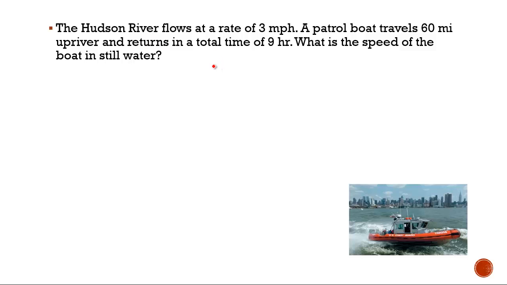All right, so we've got the Hudson River flows at a rate of 3 miles per hour. So this is a rate times time equals distance, or time equals distance over rate type problem. A patrol boat travels 60 miles upriver and returns in a total time of 9 hours. Now, we've also got the river flowing rate and the boat in still water rate. So remember, under rate, we're going to have two parts, right? Going there,